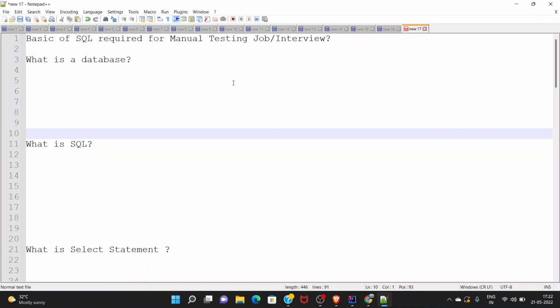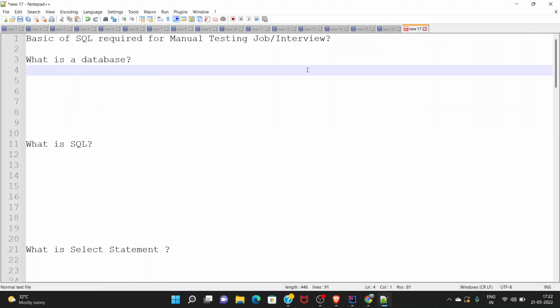So, in order to understand SQL, SQL is like a language, Java, C++ are languages, right? So, SQL is also a language. Why is it used? It is used to get the data from a database. As we know, there are different types of databases, and the basic definition of database would be some kind